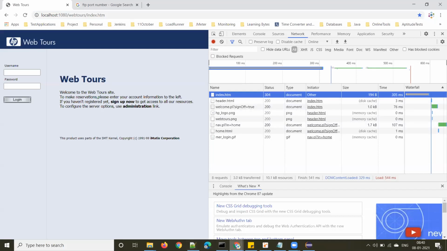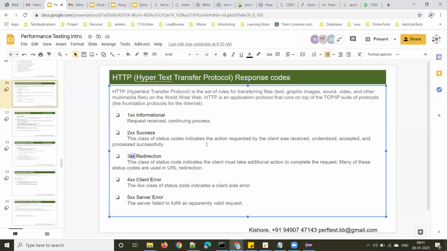So if you want to remember redirection, I can give an example. Suppose there is a popular business or a popular shop in the market, and they are shifting to some other location. They want to let all their customers know that, so they will keep a board in front of their shop saying the shop has been shifted to so and so location. They are redirecting their old customers to the new location or new shop, right? Yes, sir.